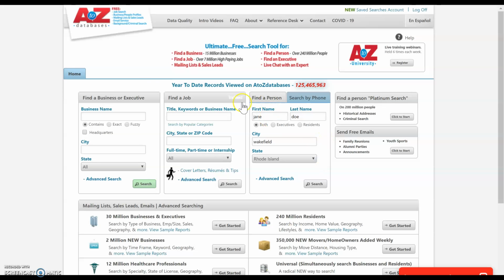But this is how you would do it. So you just want to go to the A to Z database, find a person, and search. You don't want to click on search by phone because you would need their phone number to do that. You want to click on find a person, plug in their name, and then the city they're in and the state they're in, and hit search. And hopefully you'll find who you're